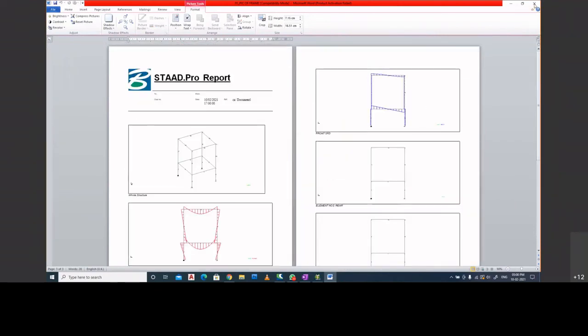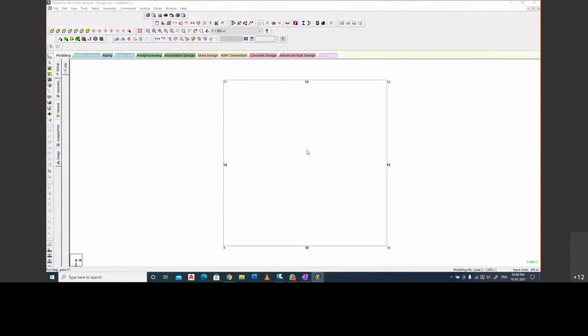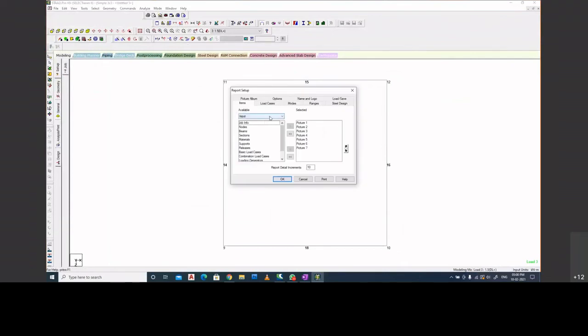Let me just close it. Export report is complete. Now we are structural engineers interested in the values. We are interested in the forces. So we can come to the report setup again and select output. Now I don't need these pictures anymore.